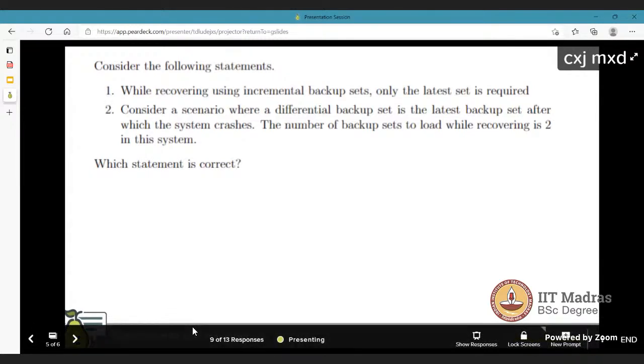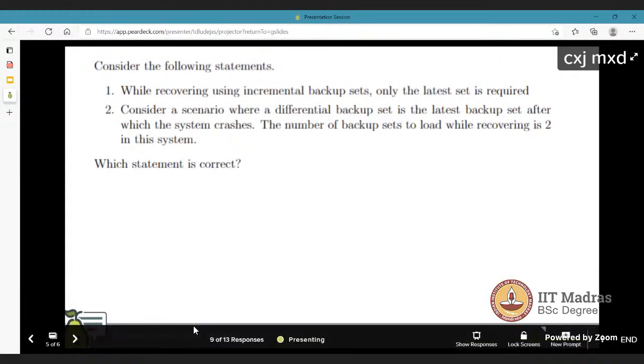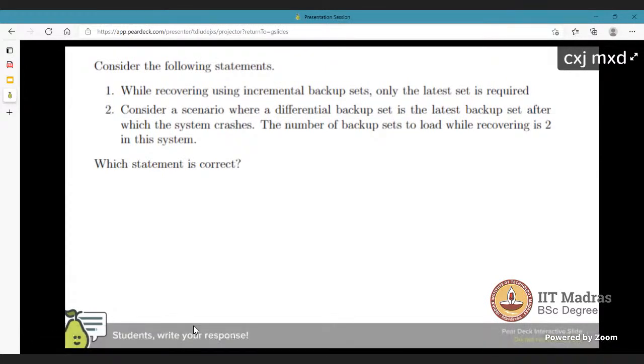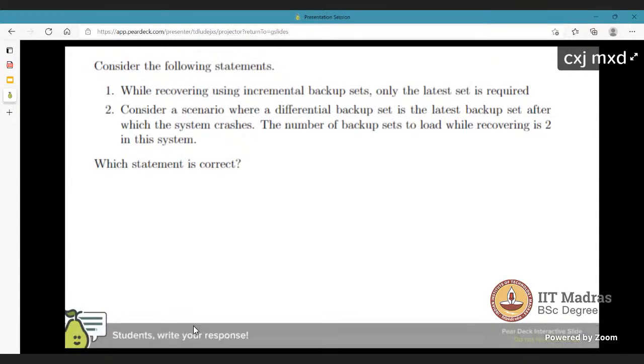Whenever you are doing the incremental backup, that means, here the question is recovery, right? So that means it has already started, so a full backup is already there. Whether a differential backup is there or not, no question. But at least one full backup will be there, otherwise you cannot do the incremental backup. So that is implicit. In each backup case, we can assume implicitly that it is a correct question.